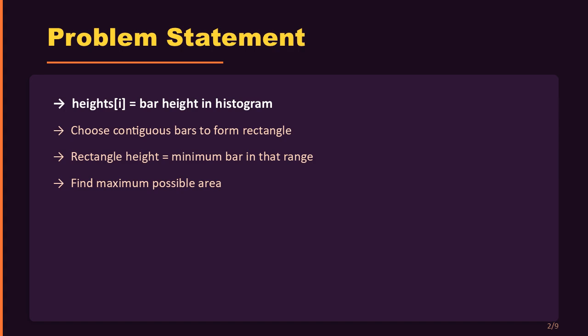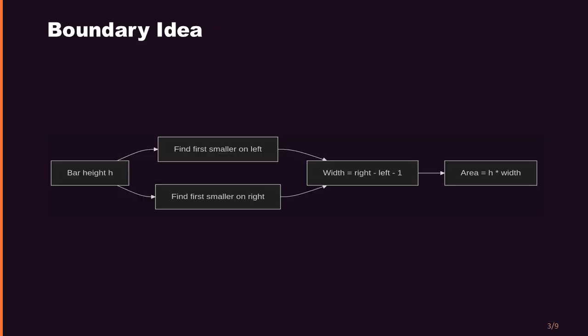You are given histogram bar heights. Choose a contiguous set of bars to form a rectangle. The rectangle height is limited by the shortest bar in that range, and width is the number of bars chosen. Find the maximum area. For a bar of height h, a rectangle of height h can expand until it hits